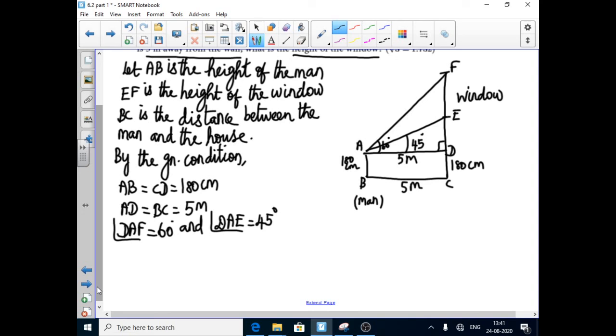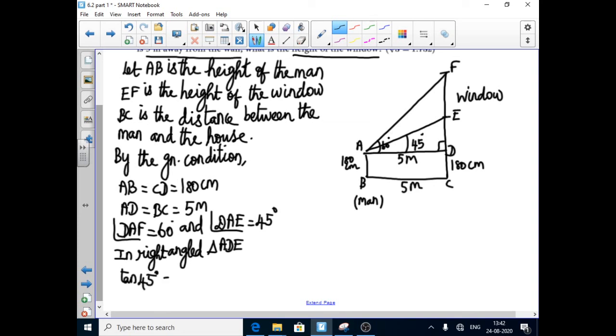You have to take two right angle triangles. So I take the first triangle, you can choose any one. In right angle triangle ADE, the right angle should come in the middle. You can take either of the two right angle triangles first. For this 45 degree, with 90 degree, AF is the hypotenuse. Nothing was asked about the hypotenuse, so we need only the opposite side and adjacent side, so we have to use only tan. So tan 45 degree.